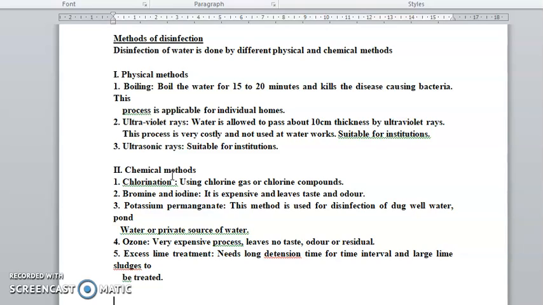Excessive lime treatment needs a long detention time for the time interval, and large lime sludges must be handled. Okay, this is about